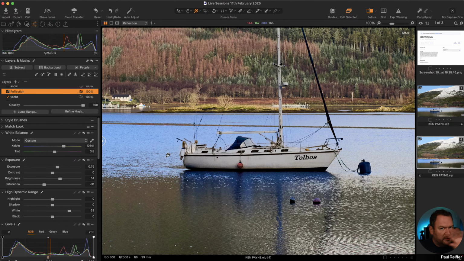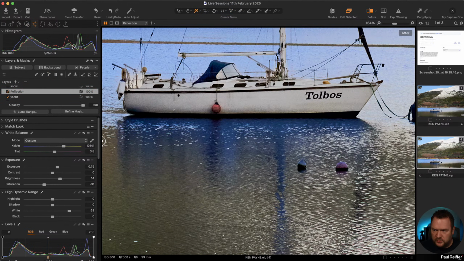Now, nothing's changed. Why? Because there's no mask. So I've got all the same adjustments here. I could have made them manually. I'm just being lazy by doing it through a style. But instead, I'm now going to mask this shadow. And I don't like the fact that my AI mask is getting a bit too broad. I don't think that's going to work.